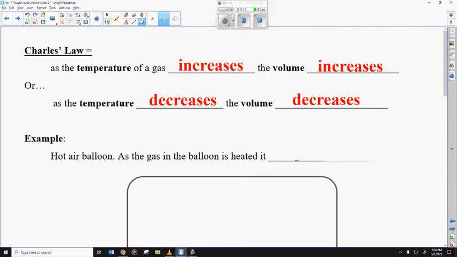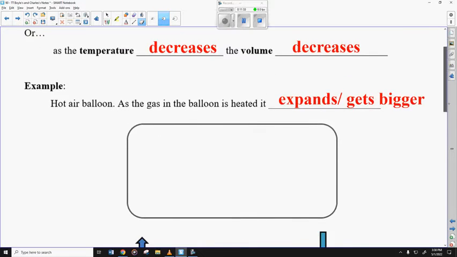If you think about this, it kind of makes sense. When you increase the temperature of gas particles, they move around a lot faster. That means they're going to be spreading out more and more, expanding, like we talked about a couple of days ago when I showed you guys that PhET simulation. So with a hot air balloon, as the gas in the balloon is heated, it did expand or get bigger,